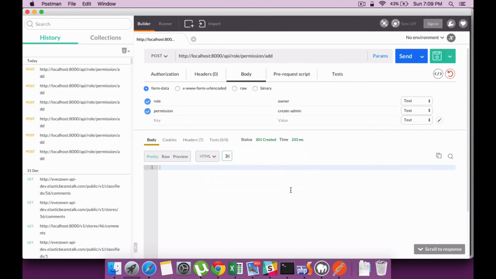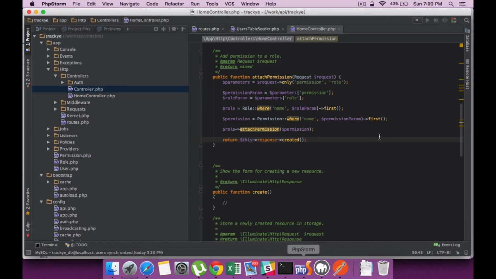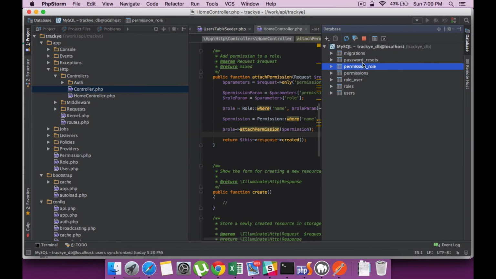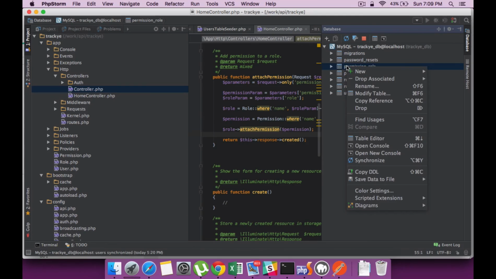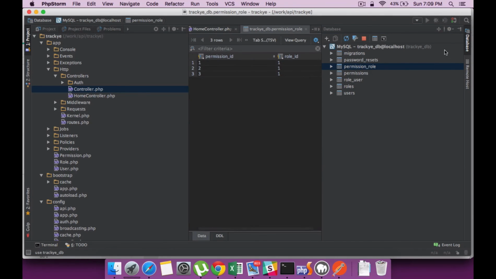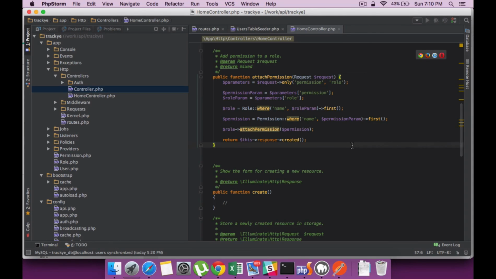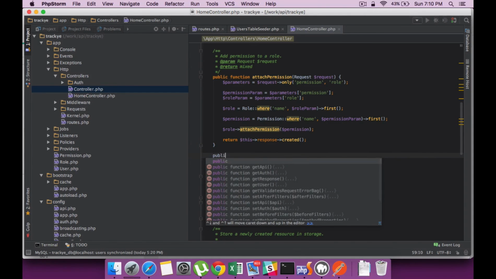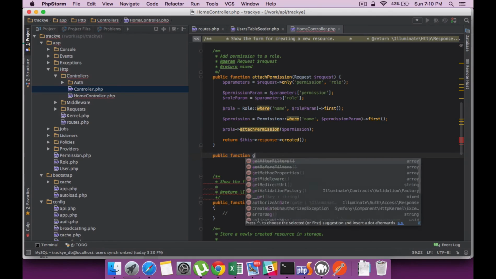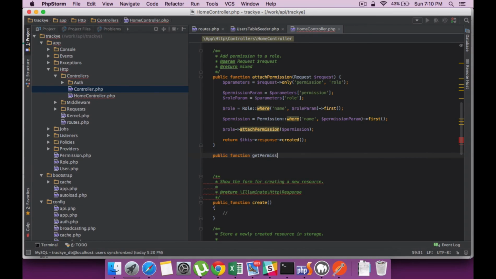So this is one of the features of using Dingo framework, where it gives you a trait like helper which can be included to extend the behaviors associated. So we can see that the permission associated with the role. Let's try fetching that permission associated with the role. So get call a get method, get permissions, pass the role,